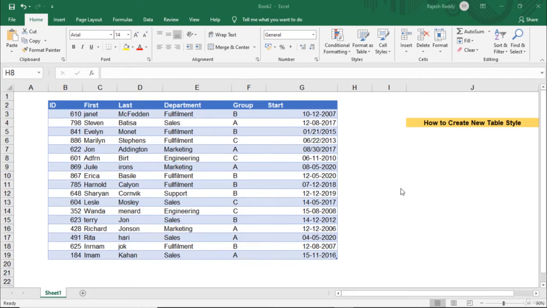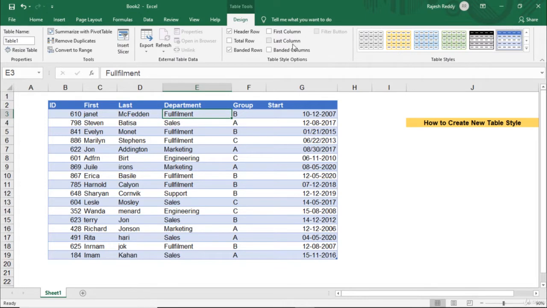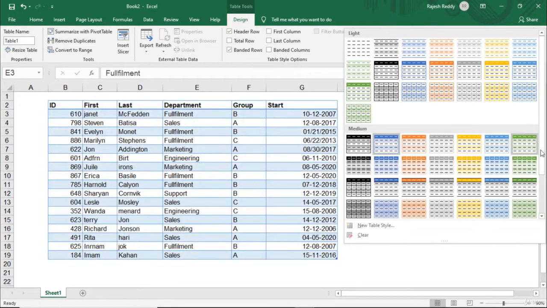So in this lecture I will explain different types of table styles. Okay, so guys, Excel by default provides 50 different types of table formats. Okay, so if you know what type of format you have applied, that particular format is automatically highlighted over here